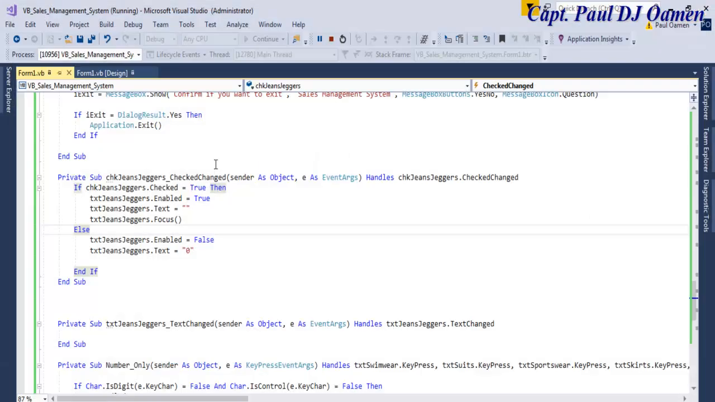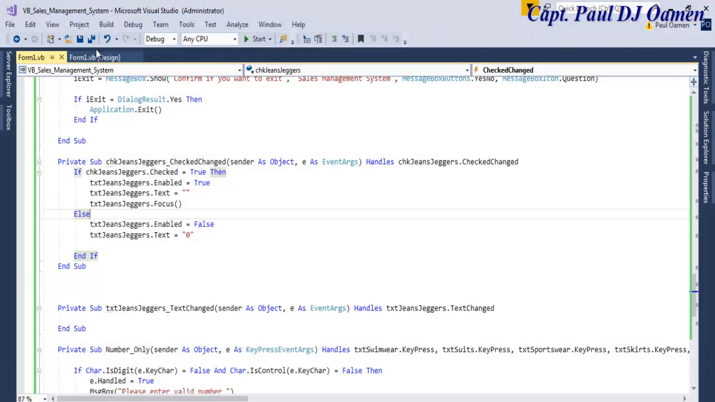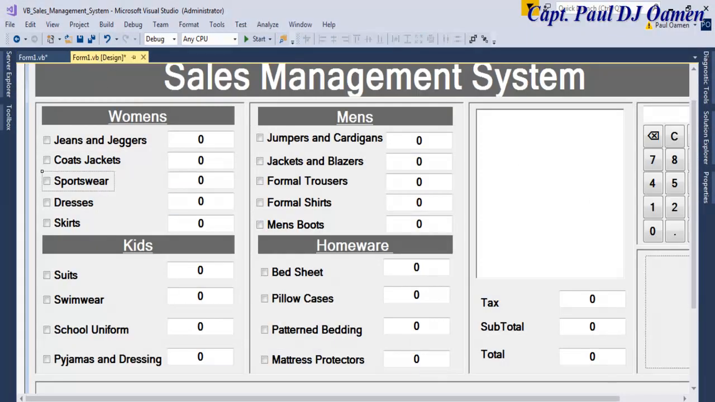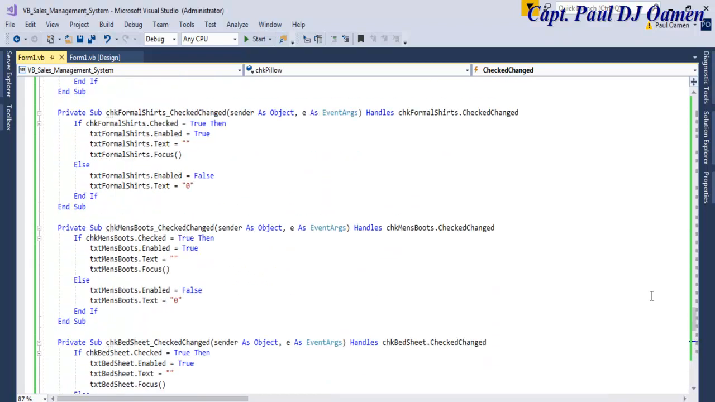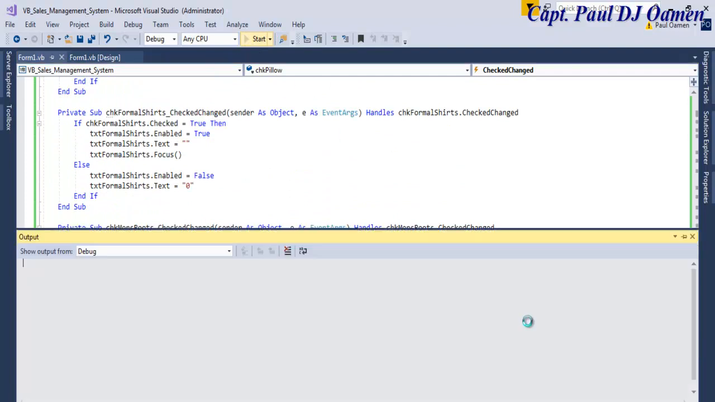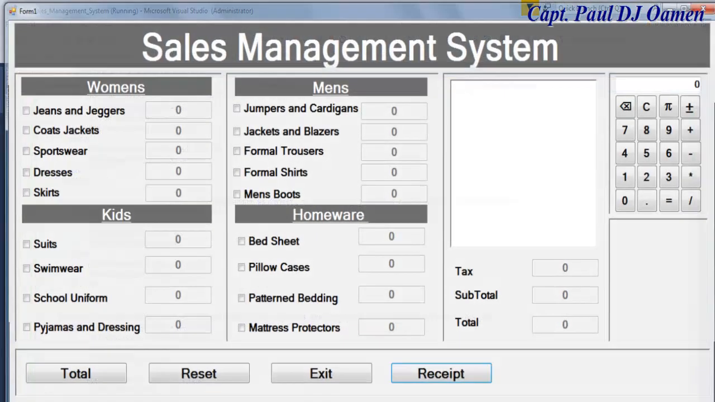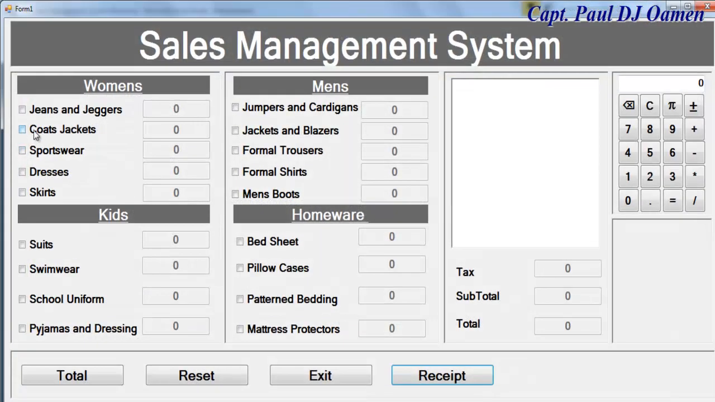So stop that from running. Come right here, double click on the third one. Let's speed it up. There we go, guys. We finish enabling and disabling the text box and the checkbox, so it's all working as expected. Now if I run it, this is what you guys will see. There we go. So if I click on any of these, there,